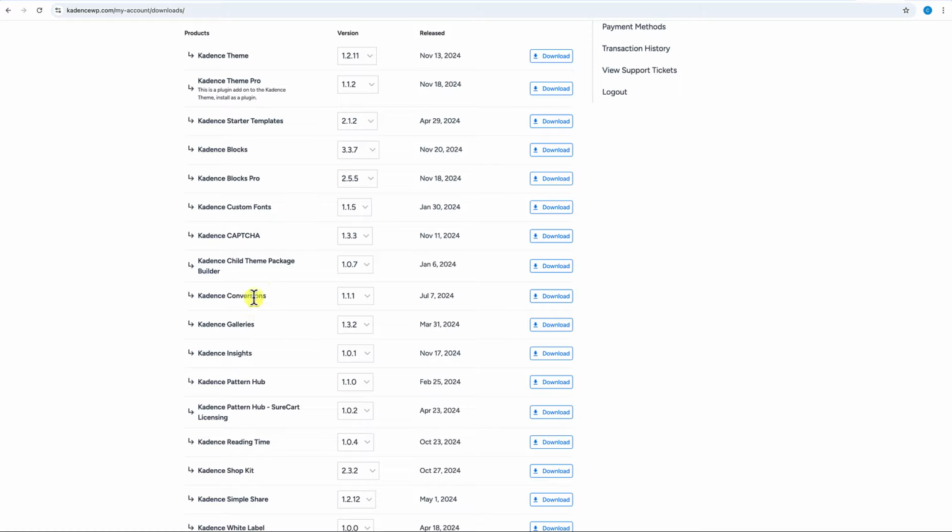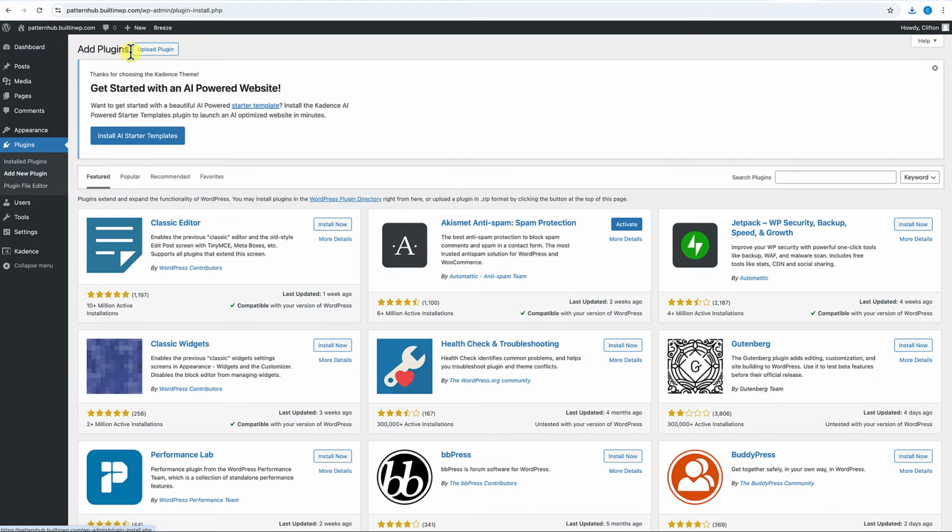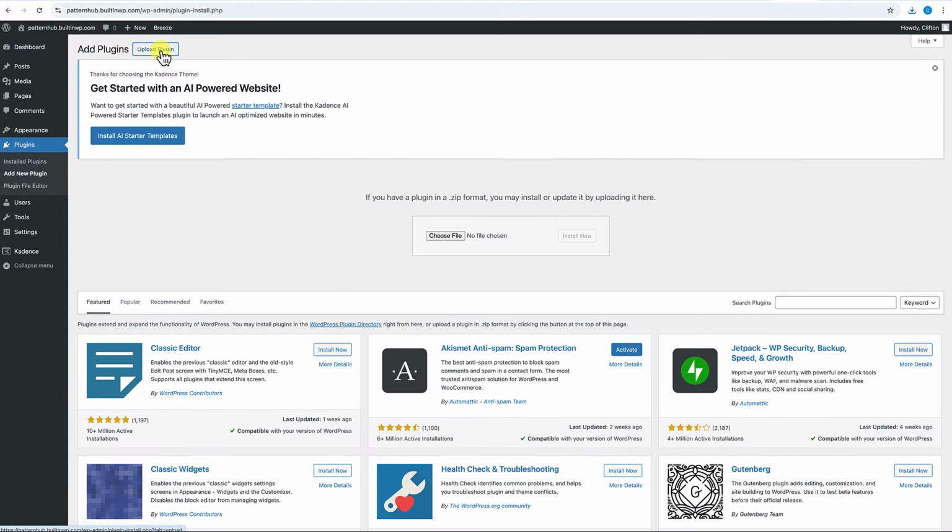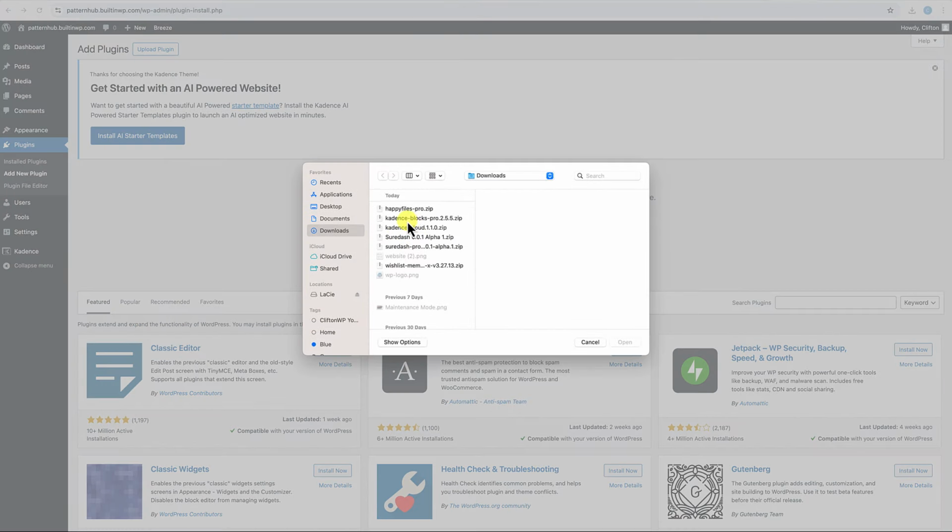So I have the full Kadence bundle, and that gives me access to all of the ancillary plugins that Kadence has to offer. So over here is the Kadence Pattern Hub. I'm going to click on Download. And I'm also going to download the Kadence Blocks Pro plugin. All right, and from here, I'm going to go back to my install, click on Add New Plugin from the Plugins screen, click on Upload Plugin, choose File, and we're going to start with the Kadence Blocks Pro first